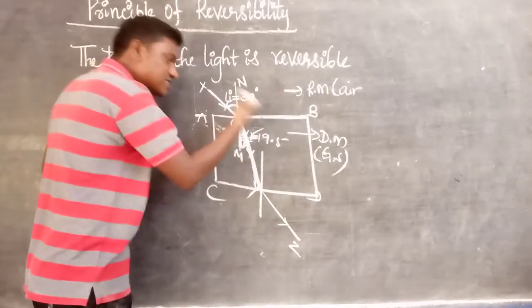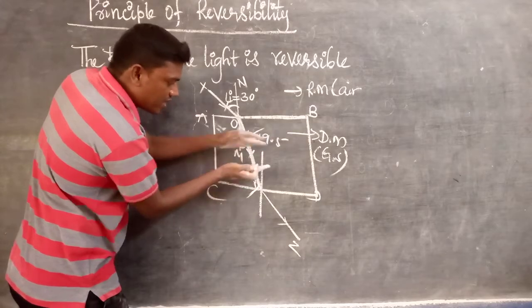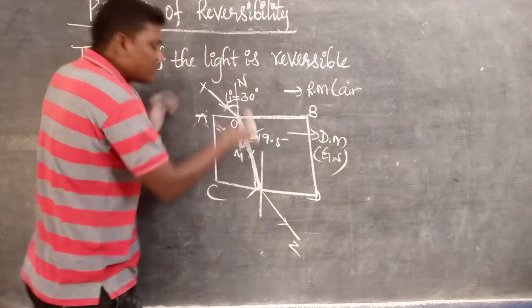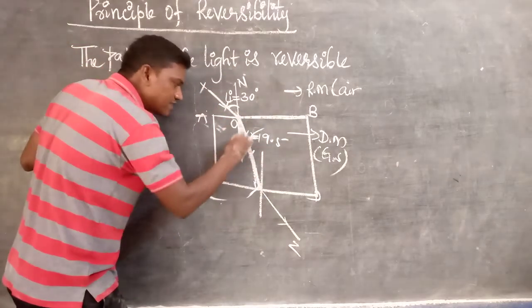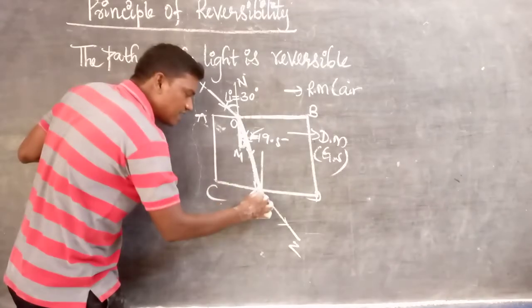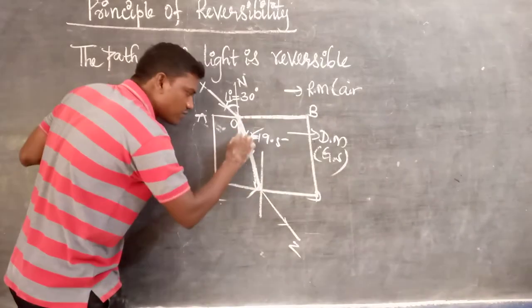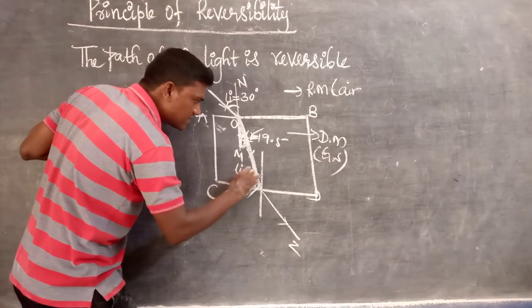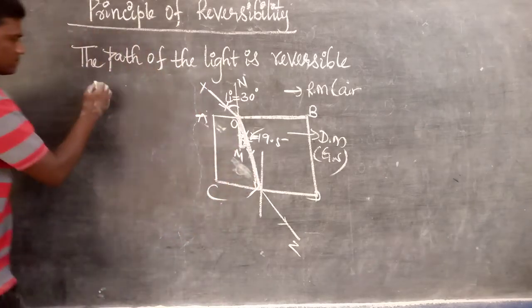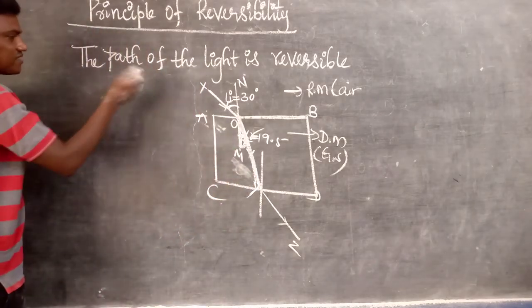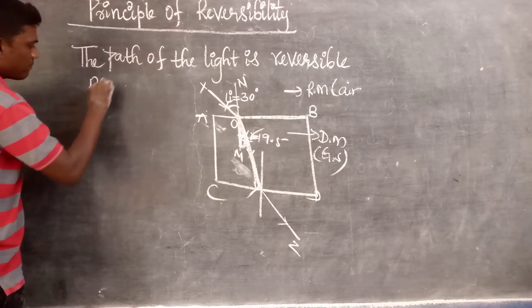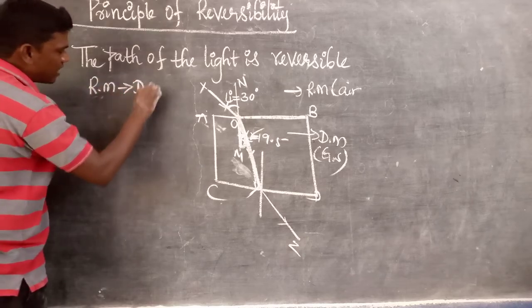In this path, the next time, the light travels from where to where? Denser medium to rarer medium. At that one, this refracted ray we can see as the incident ray, which means the laser light will be focused on this one. First, here, light travels from rarer medium to denser medium.